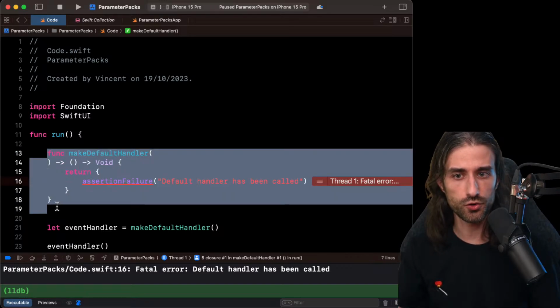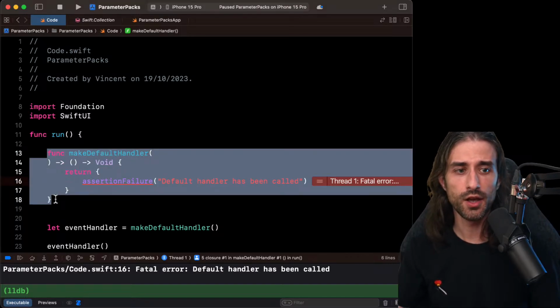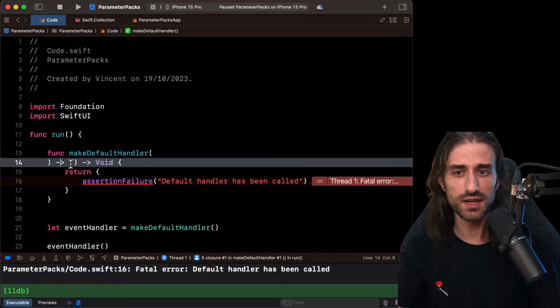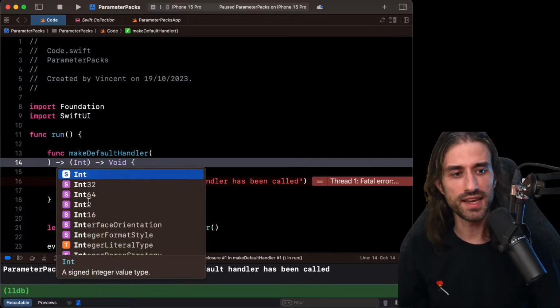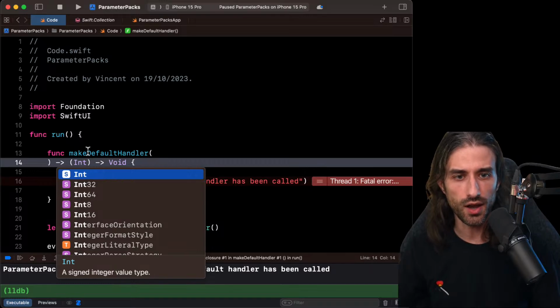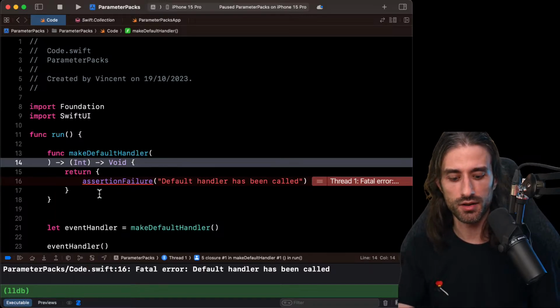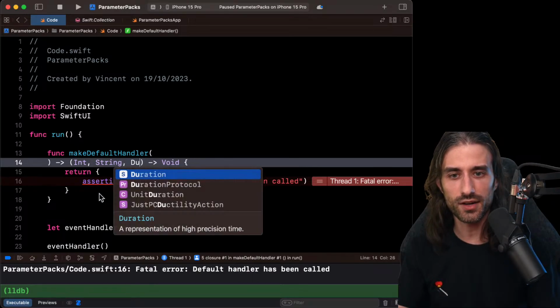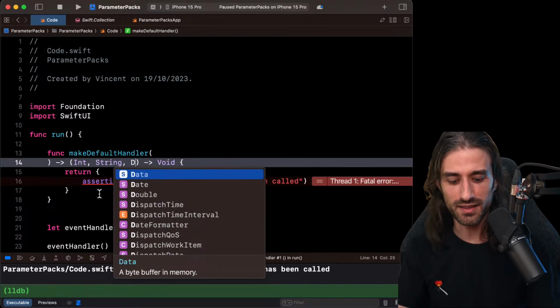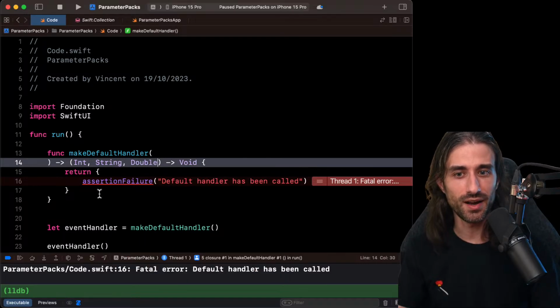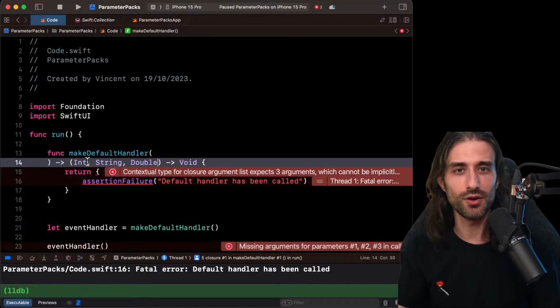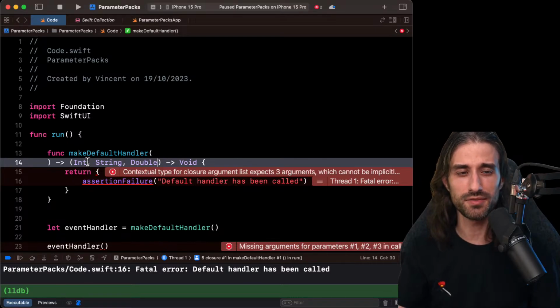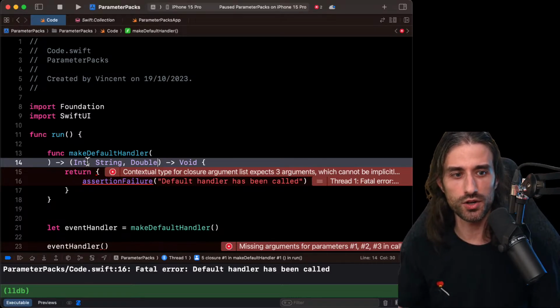So this code works great. It works great up to the point where you need to deal with a closure that makes maybe an event handler that doesn't take no argument. Maybe it takes an argument, like an int. So you need to write another overload of make default handler. And then you need to deal with 2 arguments, and then 3 arguments, etc., etc. And so in the project I'm working on, I had implemented all of these overloads. So there were like 6 or 7 of them, I think. And I mean, they were doing the job, they were working very well.